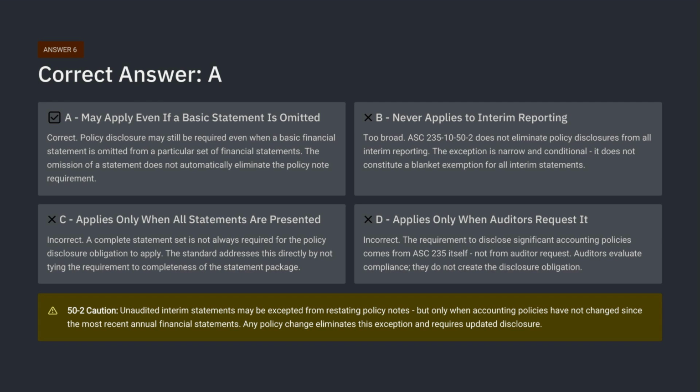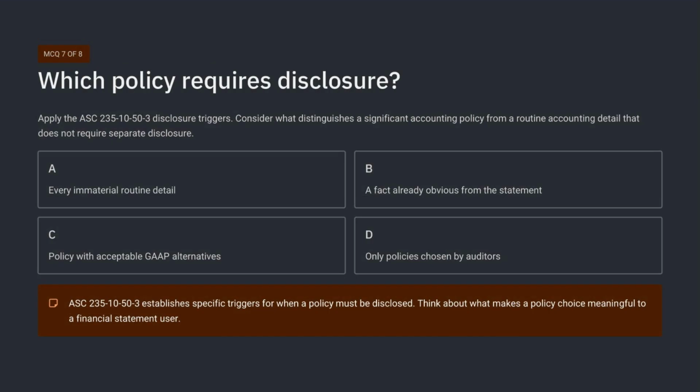The key caution is this: unaudited interim statements may avoid repeating policy notes only when policies have not changed since the last annual statements. If the policy changed, the exception is gone. Interim reporting is not a hiding place for new policies. Question 7 asks, which policy requires disclosure under ASC 235-10-50-3? The options are every immaterial routine detail, a fact already obvious from the statement, a policy with acceptable GAAP